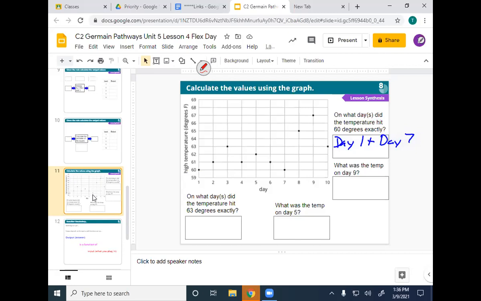Next question. What was the temperature on day 9? Lily knows. 67 degrees. And I love that you said degrees. How did you calculate that? I just looked on the chart. Where did you go over? Day 9, and then I went up to